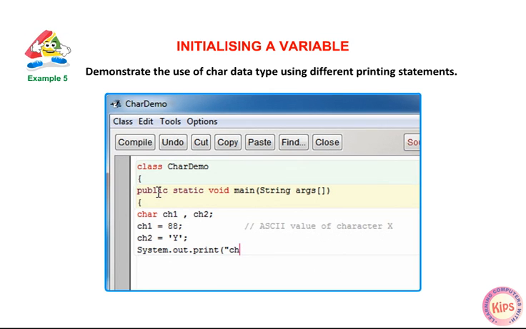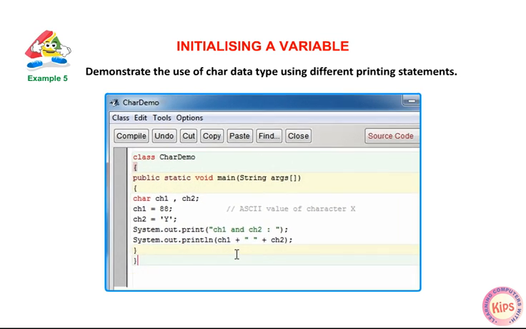System.out.print("ch1 and ch2: "); System.out.println(ch1 + " and " + ch2); } }